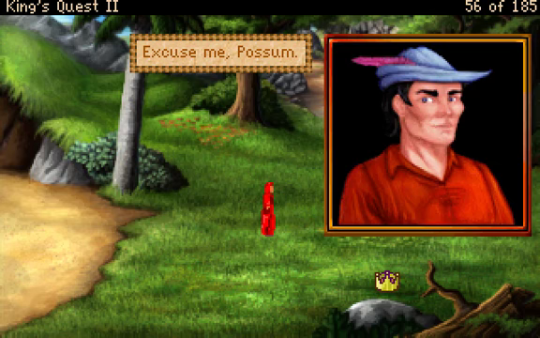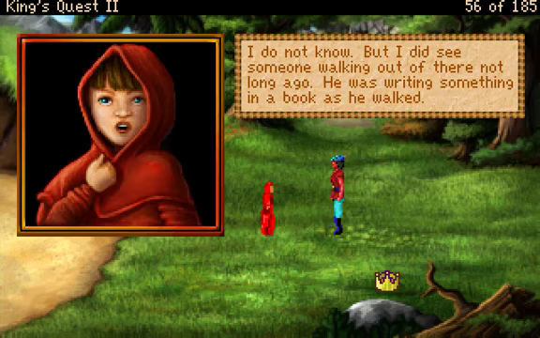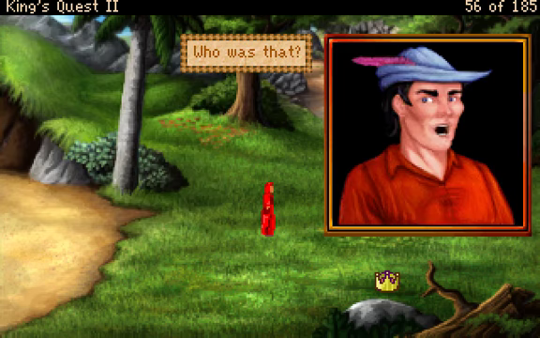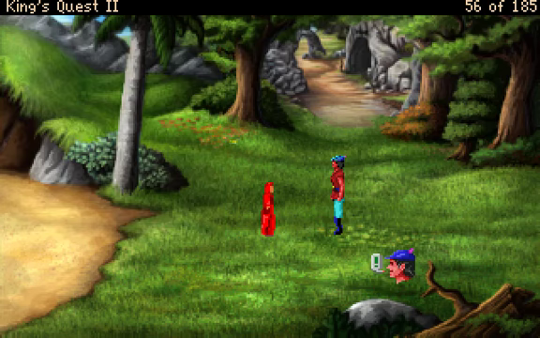Excuse me, Possum? Yes, Graham. Is there any way at all through this swamp? I do not know, but I did see someone walking out of there not long ago. He was writing something in a book as he walked. Who was that? A monk from the church. Oh, okay. So I guess we...